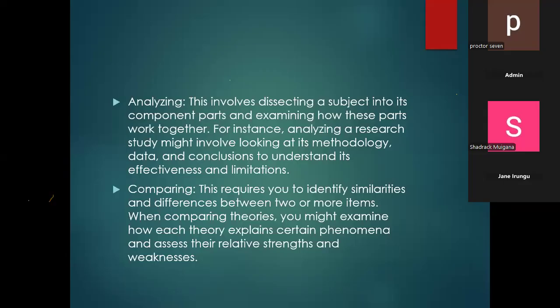So there must be alignment to prove that indeed you have analytical skills. I hope you are getting what I'm saying. You cannot write a good term paper without analytical skills. Otherwise, things will not align together. If you have chosen a theory, say Faraday's theory, that theory must be seen in the paper, how it is being used to analyze objectives and to look for data, because that's the theory you chose. But if that theory does not run through your paper, you lack analytical writing skills and your paper will flop.